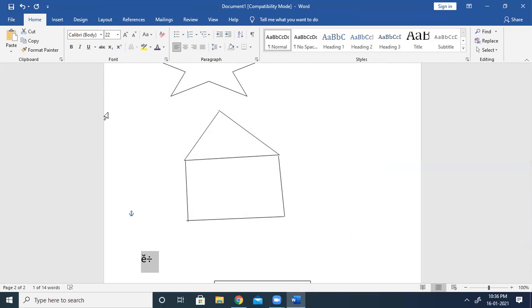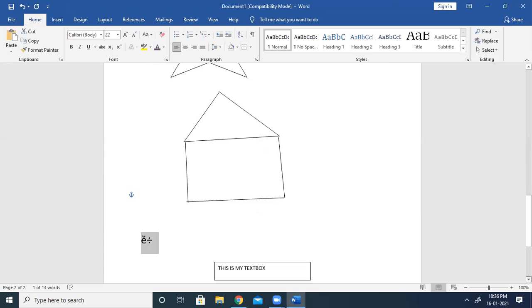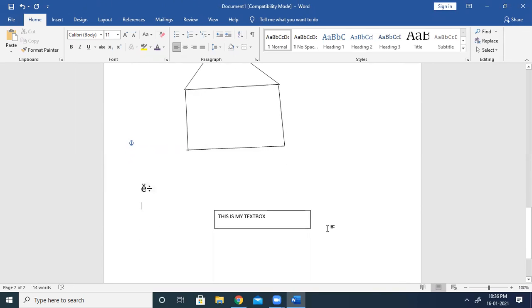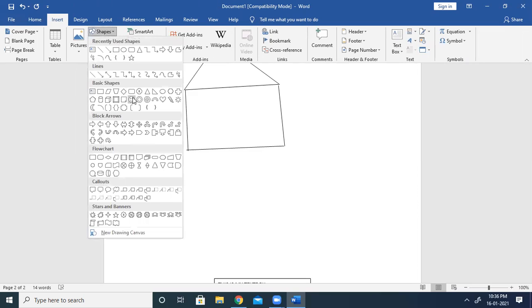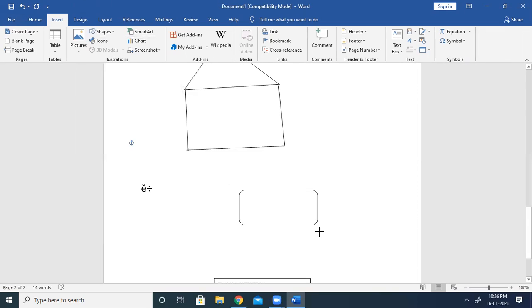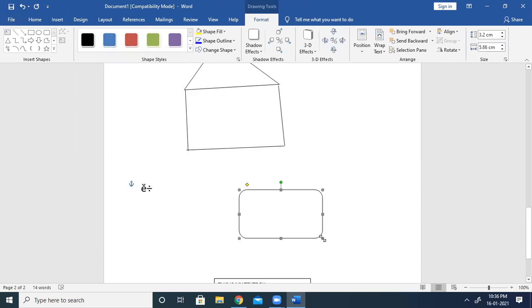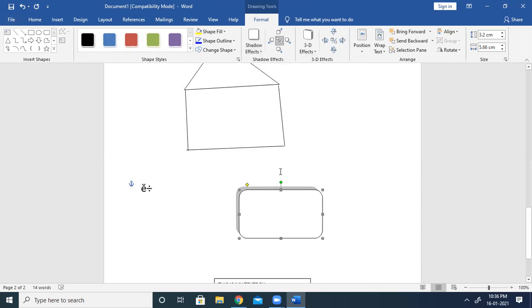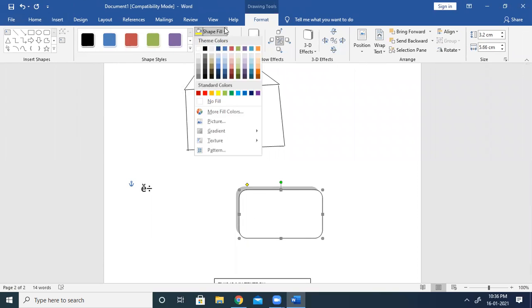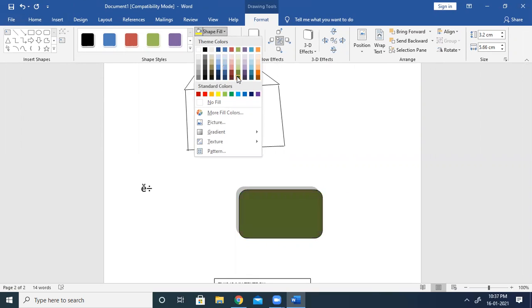Now we will learn how to apply the shadow effect. For example, I made a shape here. Now I want to create the shadow effect for that. So for that, first I am going to create a shape. Suppose I have created this shape. Now I want a shadow effect for this. So what will I do? I will click here. Then I will go to the shadow effect. From the shadow effect, whichever effect you want, you can select here. So this is the shadow effect of this. Okay. If you want to fill it, from here you can choose the color you want.